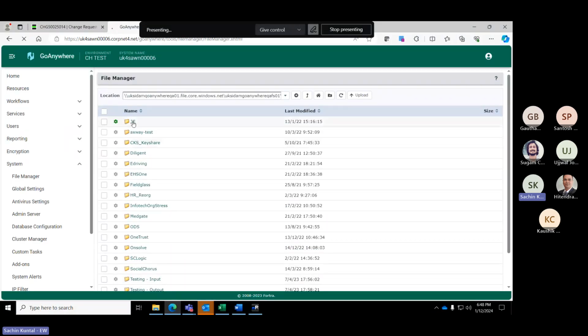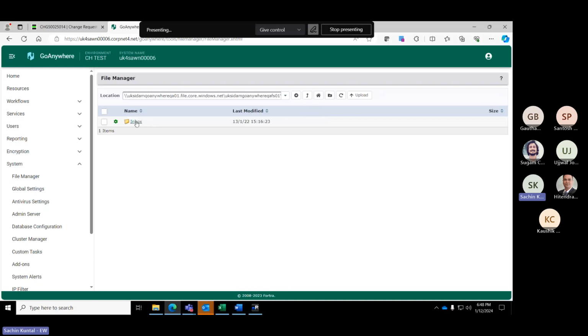If we see that the file is stuck in this folder, and the file size is also visible, for example it's not showing 0 KB, if the file size is legible, then we can manually re-execute the project.